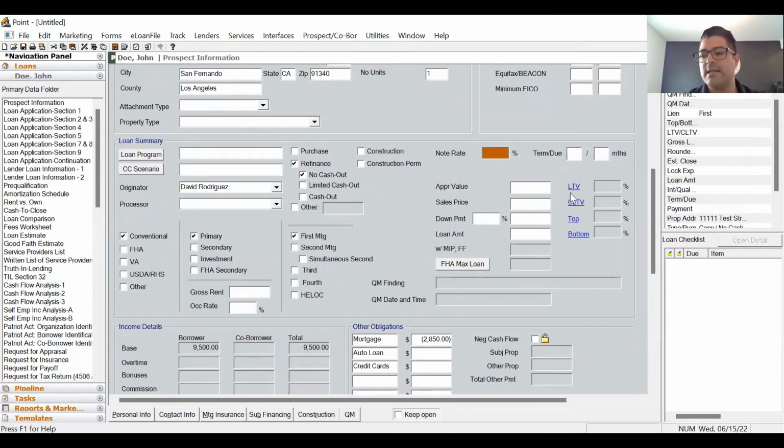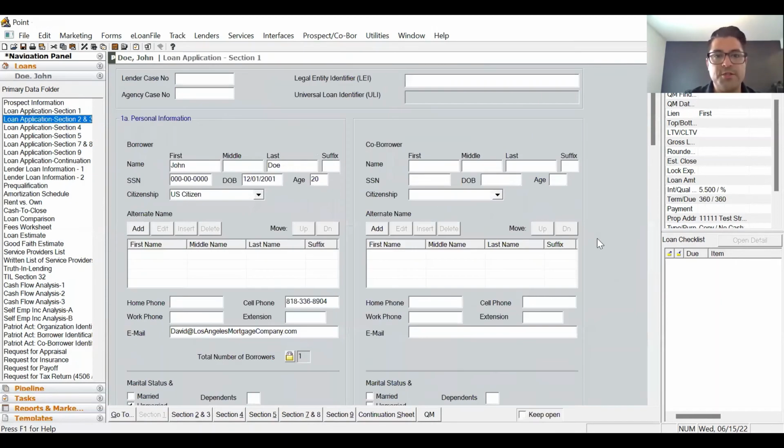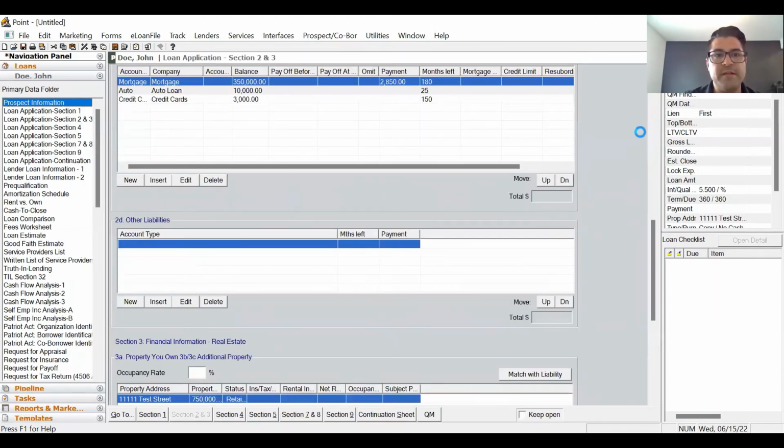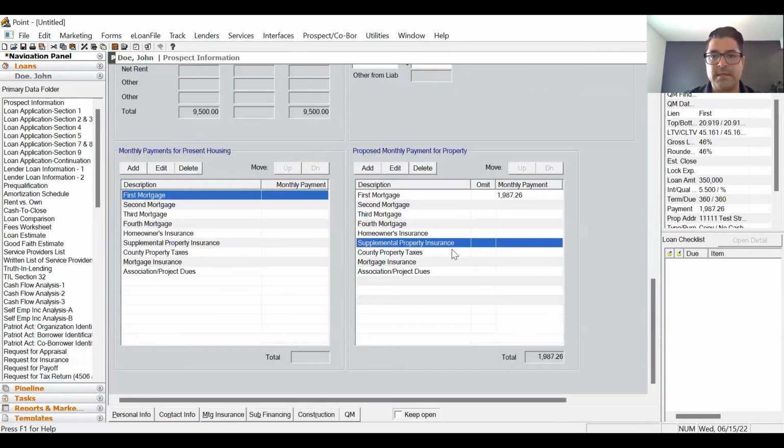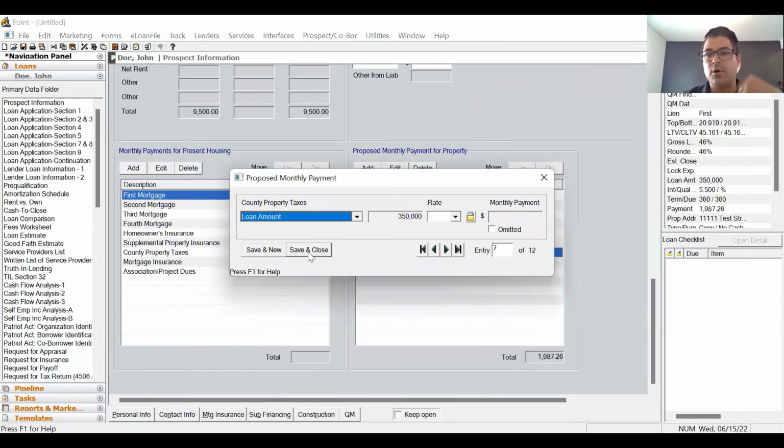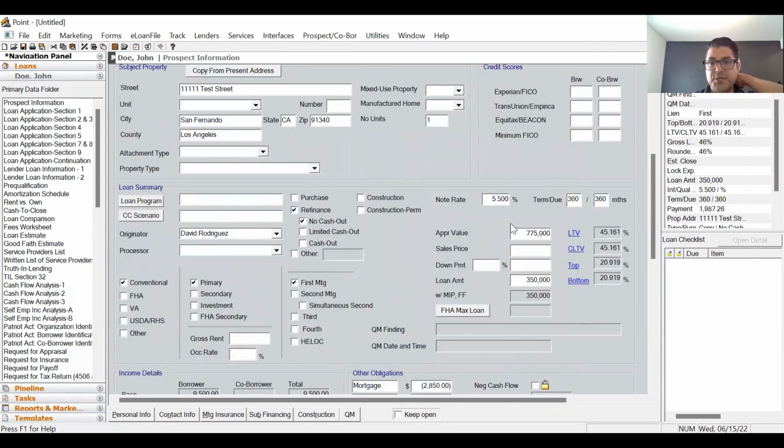The note rate, let's say that the market today, rates are horrible. As you know, they have gone up. We're in June 15 of 2022, going through rate hikes. So let's say it's a 5.5. We're going for a 30-year mortgage, the appraised value is about $775,000. So the current mortgage is a balance of $350,000. Say taxes. Okay, so once I put this information here, the appraised value and the loan amount,